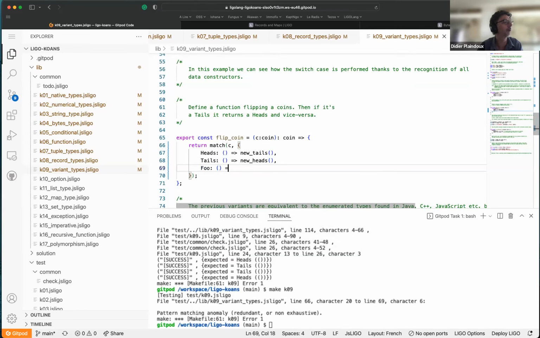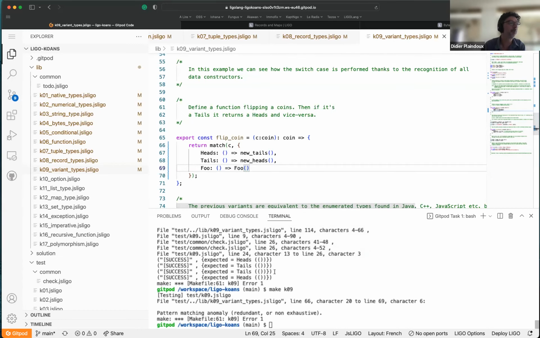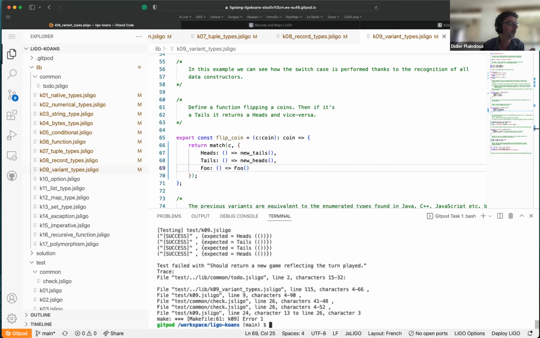And I return, I don't care. I don't need to return foo. And this one is important because here you can recompile it, and that's fine. So I have to write the code for foo. So you should provide